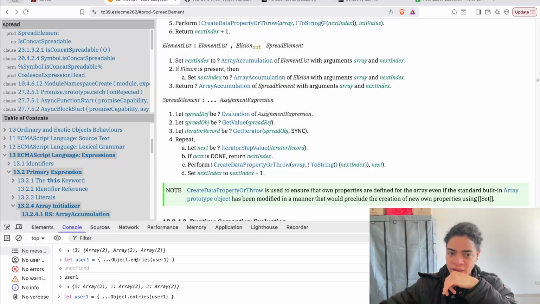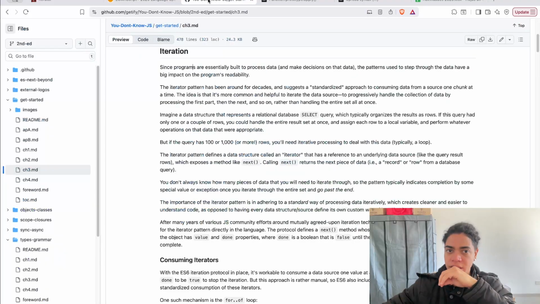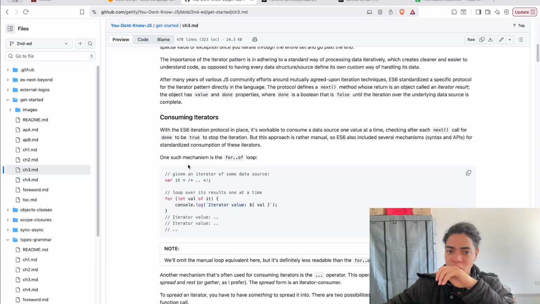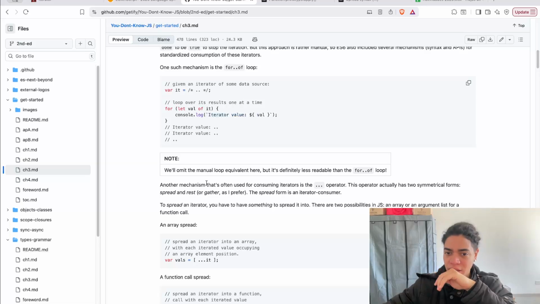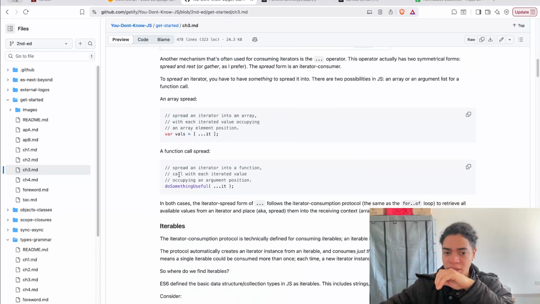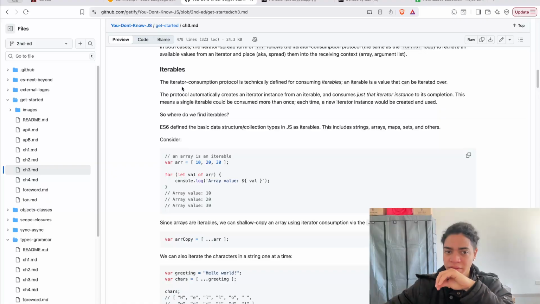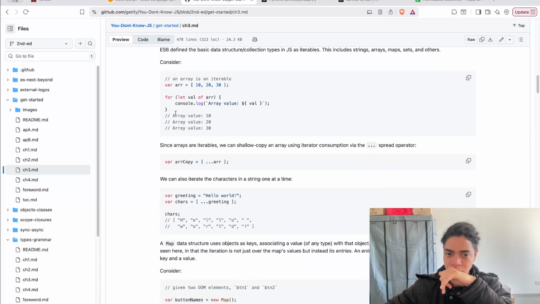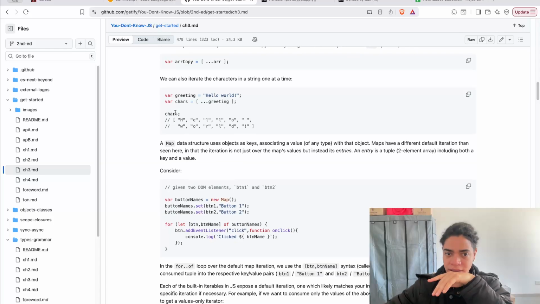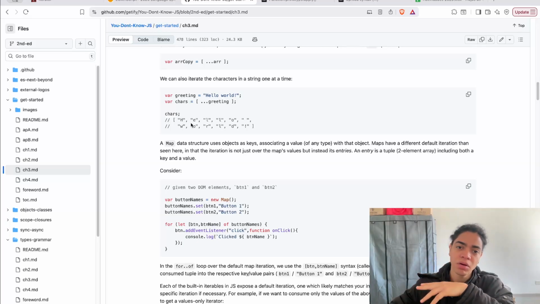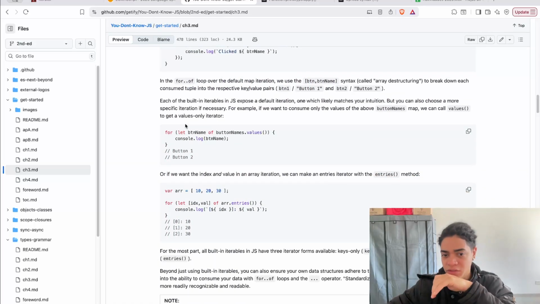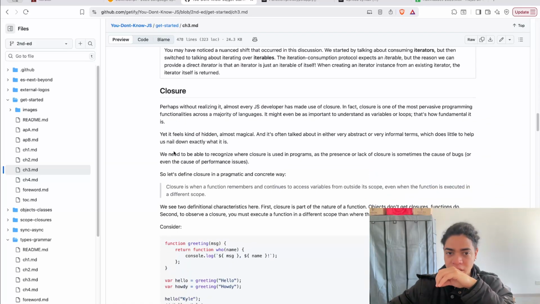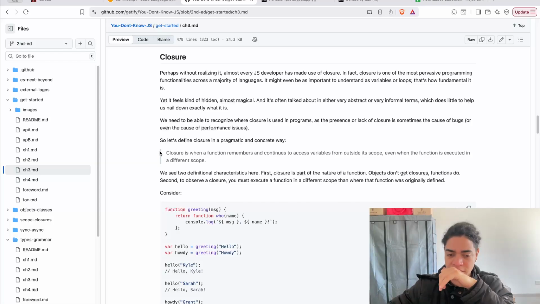So this is quite mind-revealing here. And as we explore iteration and how we consume it, it makes a lot of sense to go into that. So we also describe iterables, all right, and how can we consume them, and how there are iterables of different kinds. There are several values that have the iterator protocol built in, all right, and that is numbers and so on and so forth. And then we are going to discuss closure, but